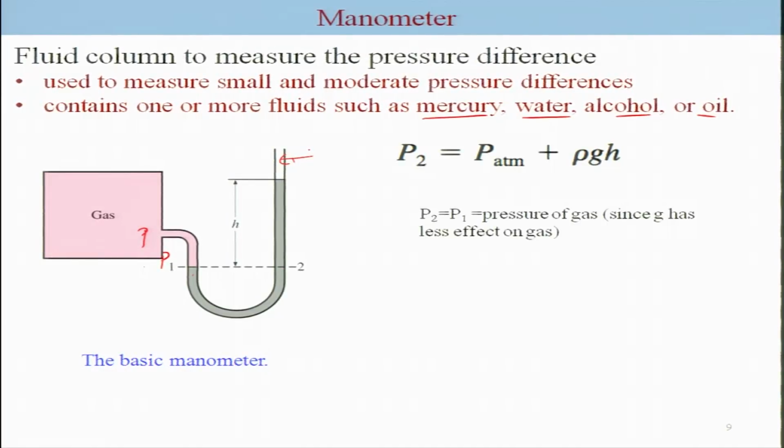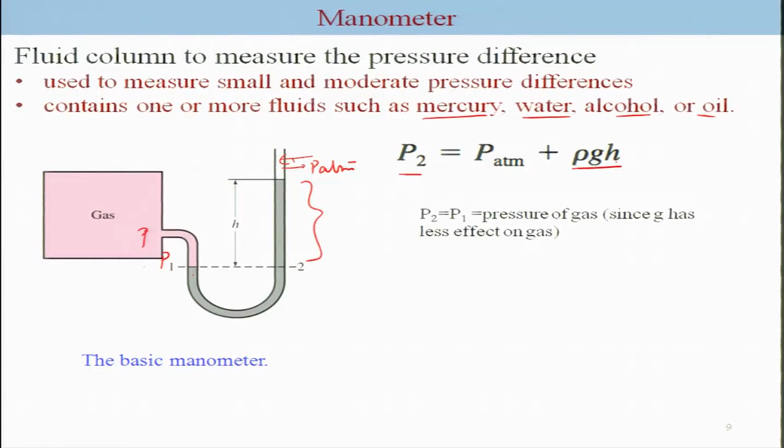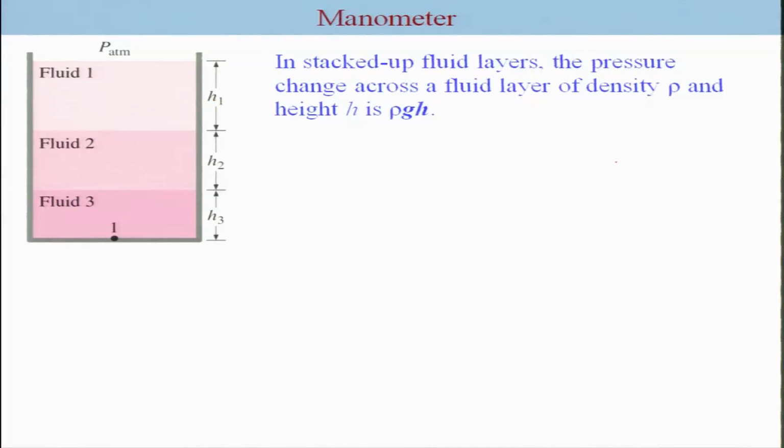So, now you can simply use P2 is equal to P atmosphere plus rho g h. So, this is a simple way to calculate. That means if you calculate P2, you know exactly what P1 is, and that means the pressure of the gas in the container. Now, in addition to this, you have the manometer, in which many times you stack up the fluid layers,